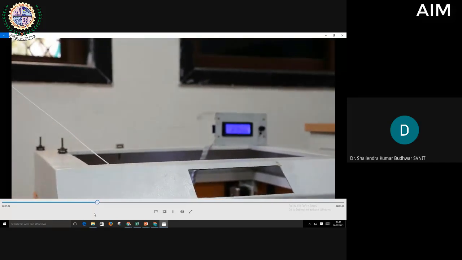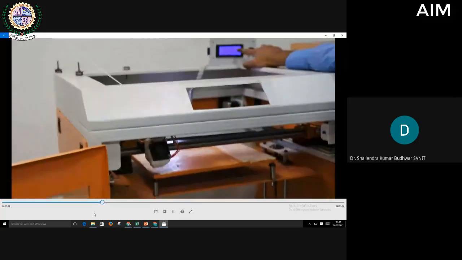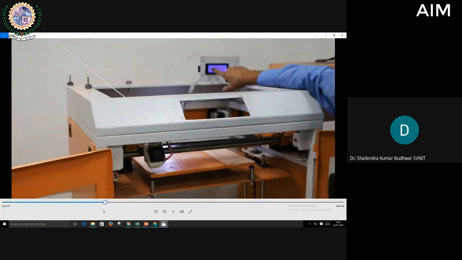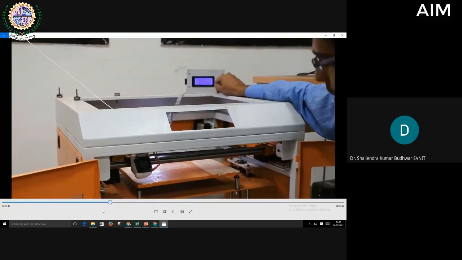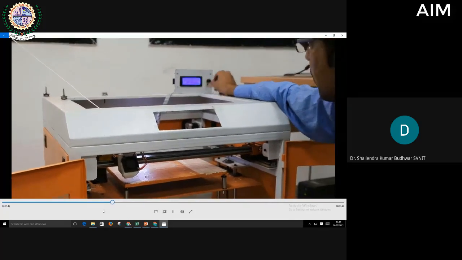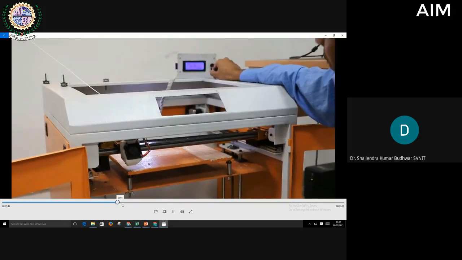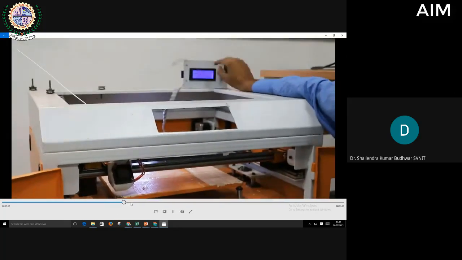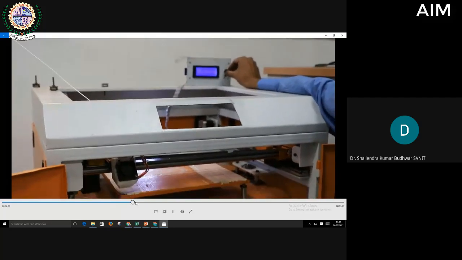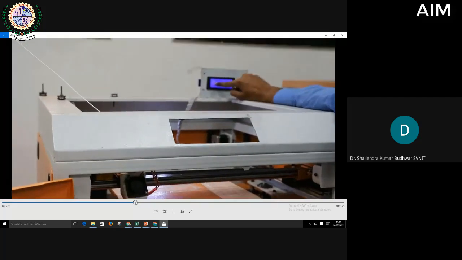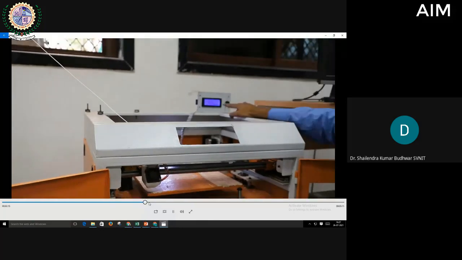The coils are behind the bed also, below the bed also. So 70 degree is temperature for that, and this is the current temperature. 61 degree centigrade is current temperature of nozzle. 30 degree centigrade is current temperature of bed. So temperature is now increasing. After reaching this temperature to set level, print from SD, and this is the file that we are going to run. So temperature is now increased to 210